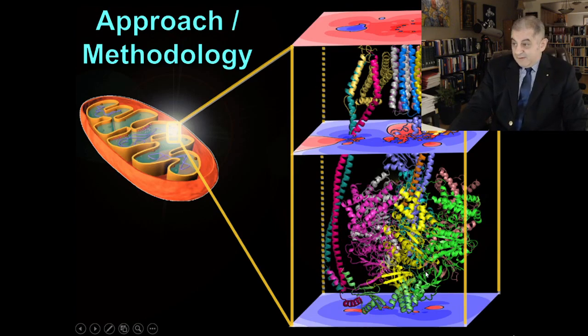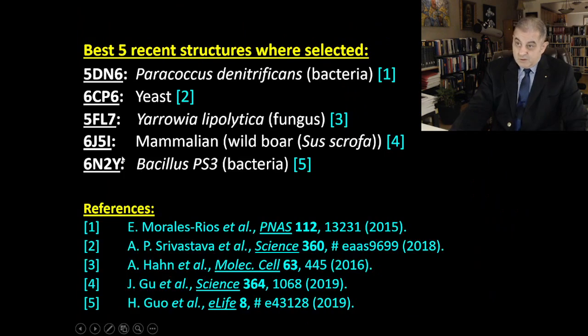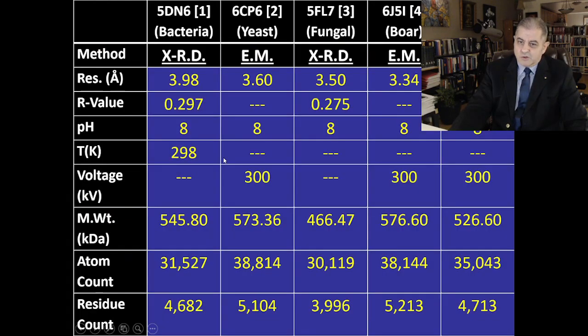So the method, the approach that we've used: we first selected 5 of the best structures that were available for the enzyme, and here are the references. The structures happen to be well diversified in terms of the nature of the organism. We have bacteria, yeast, fungus, mammalian, and another bacterium. So there is a variety of organisms, and also the structures were solved by a variety of methods, whereby we have